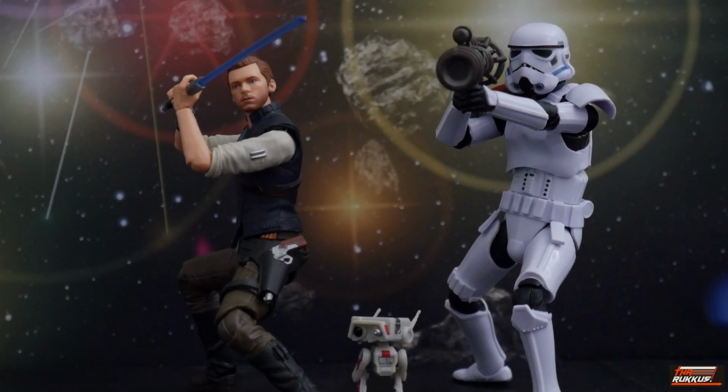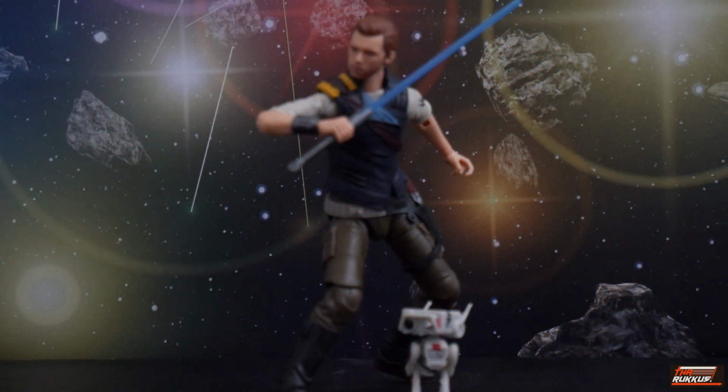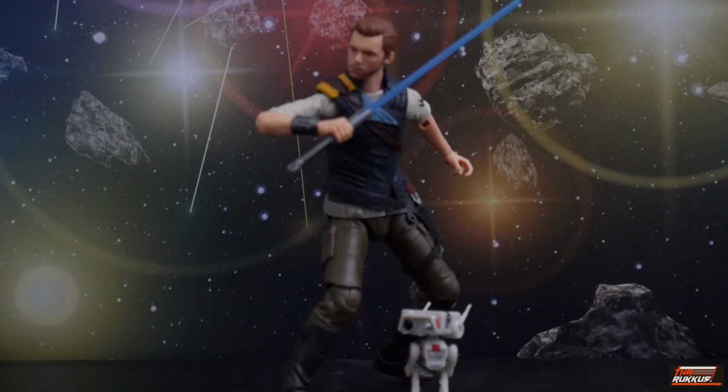As I stated previously, I don't do gaming greats, so I don't have much to compare with. I do have this rocket launcher trooper from the Fallen Order game, so I figured why not? Got to compare him with somebody, right? So the Star Wars Black Series gaming greats, Cal Kestis from the Jedi Survivor game, which dropped last week,